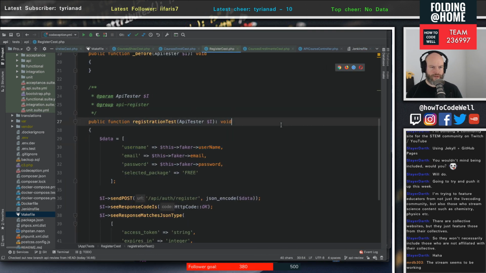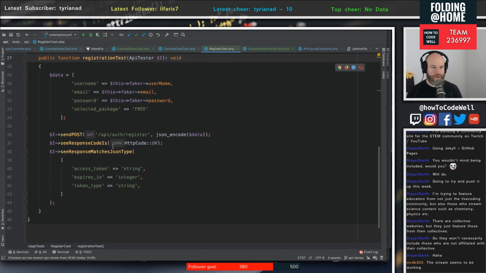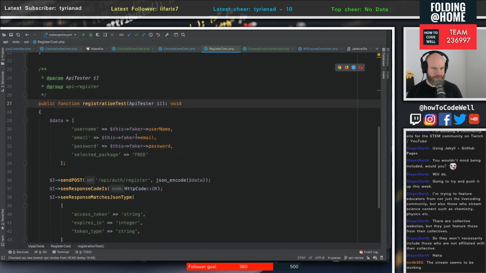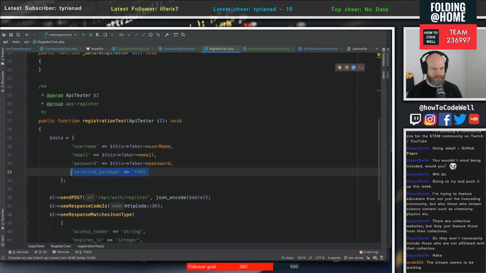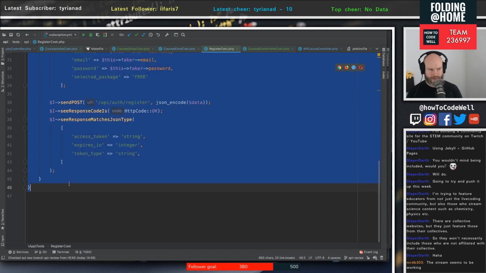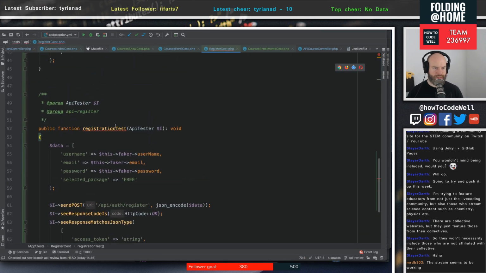So the issue with this is, for one, we're not actually checking the system user, and two, we're not checking the selected package, whether that's required or not, and then obviously checking these. So let's go ahead and do that. So we're going to grab that, and we're going to put this as a test and say,